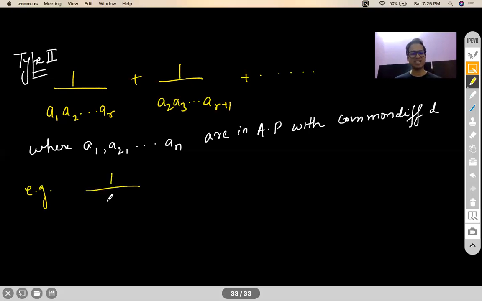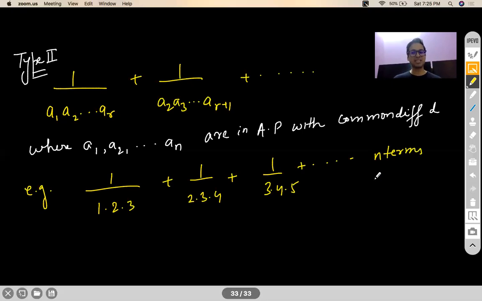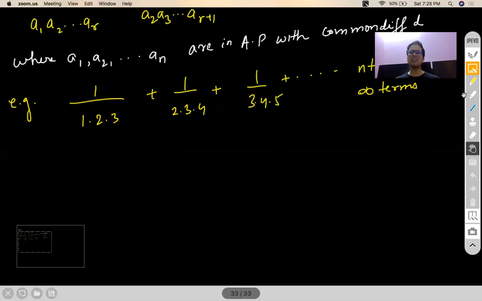Let me start with a similar question which I had taken just a little while ago. But instead of having 1, 2, 3 on the numerator, they are in the denominators. Okay. And many times they may ask you the sum till infinite terms also, because these are normally convergent series. So here also I'll give you a formula trick to do it.